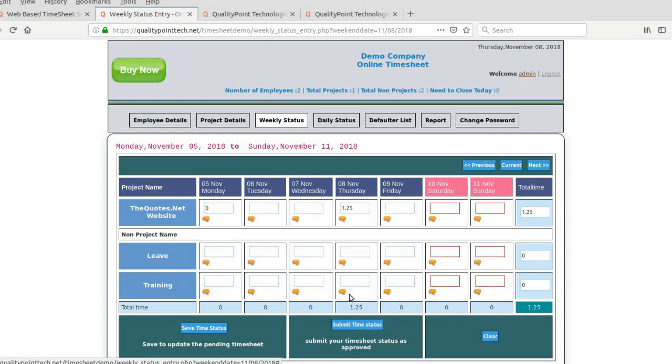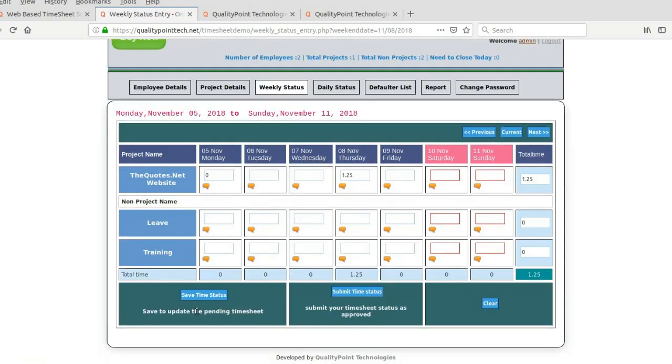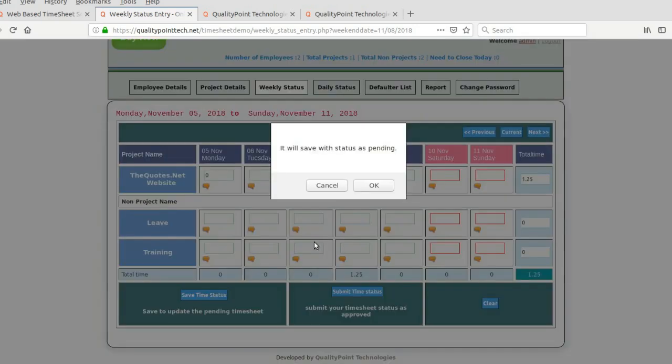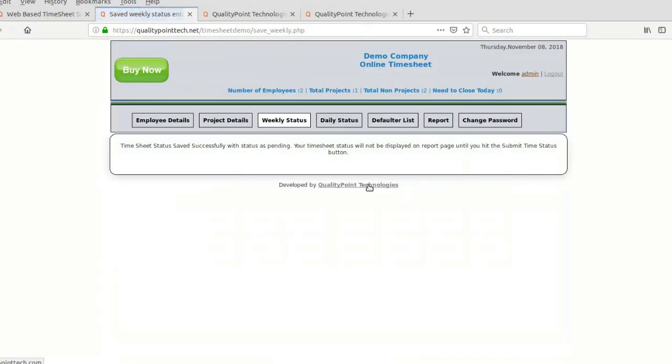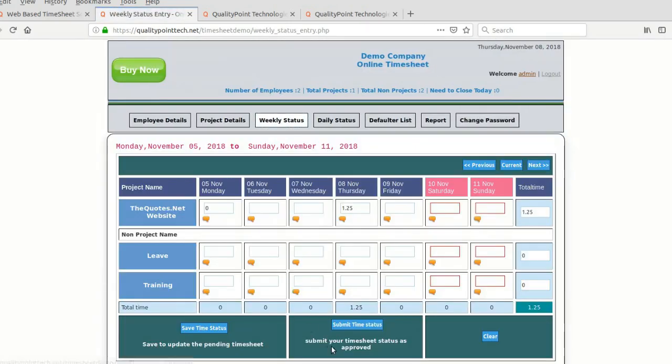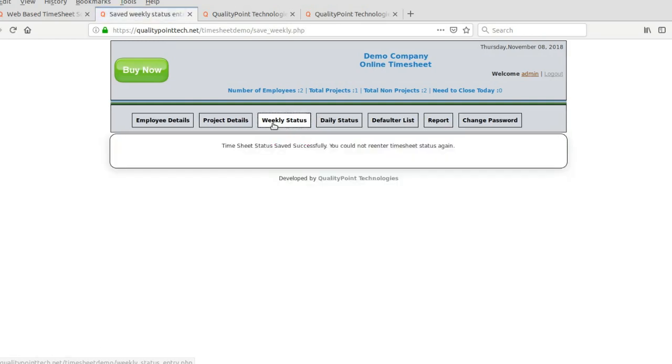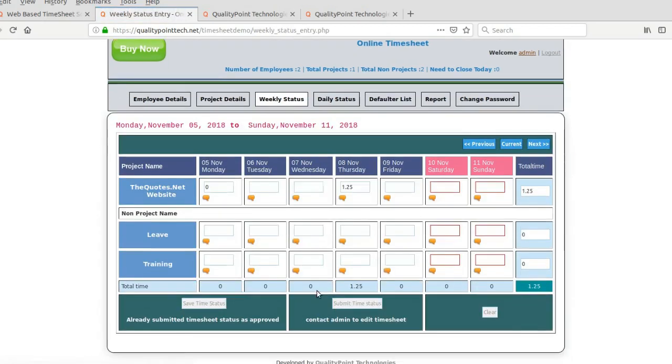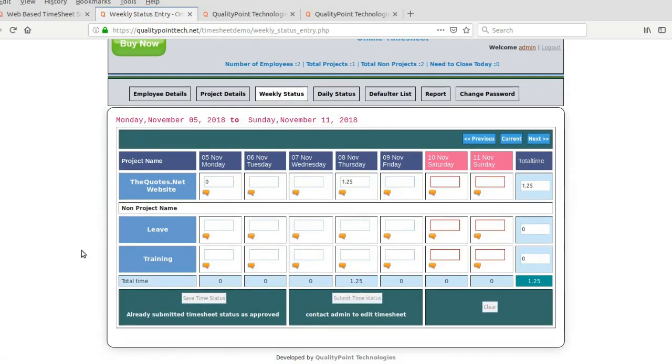They can either save the timesheet as a draft or directly submit it. If they save the timesheet, they can edit it at any time. But if they submit it, they cannot do it again. It will be locked.